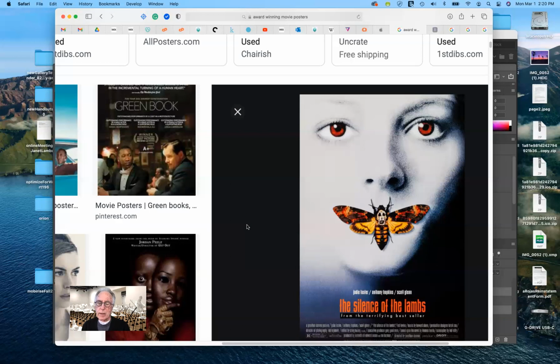What you're doing is you're combining the title and oftentimes a single image, but more often than not these days, multiple images that showcase the stars, which I think are less successful. But what you're doing is you're taking thousands of images that you would see in all of the frames of the movie, and you're distilling it down into one single frame that hopefully, how can I put this, basically entices you into wanting to know more about the movie.